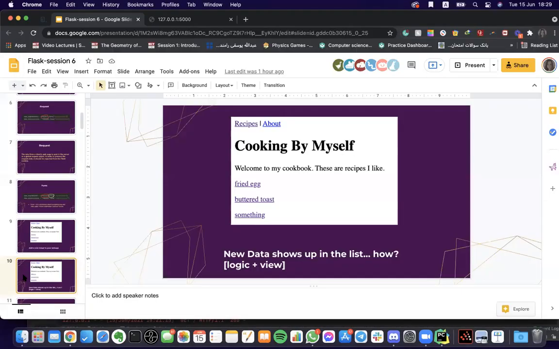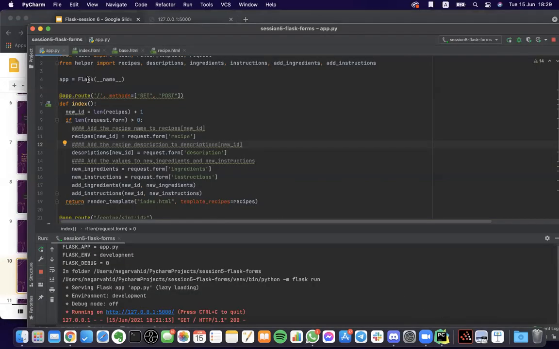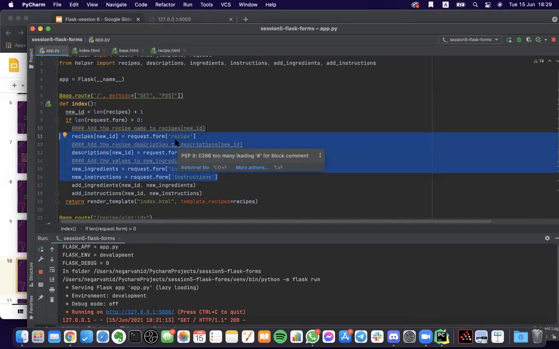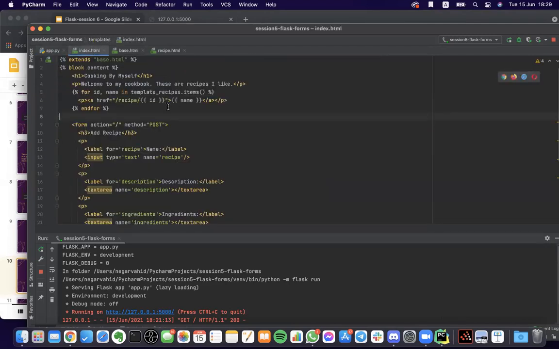So I'll just do this one. If you look at app.py, which is the backend of our web app, meaning the user is not going to see what's happening, but the whole logic of our web app is inside here. Here we see these four lines, which is request.form, and we're receiving and handling the data that the user is giving us. If we only do this, nothing is going to appear on the screen. Why? Because we're not using any HTML. We're just saying, if this happens, just do this. But if you want to actually show it on the screen,